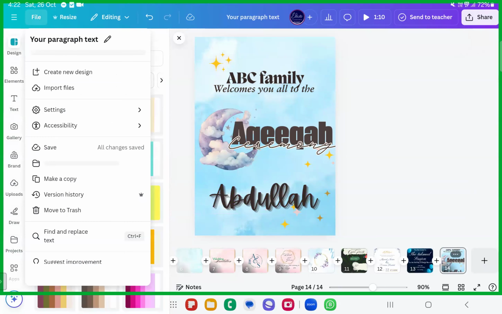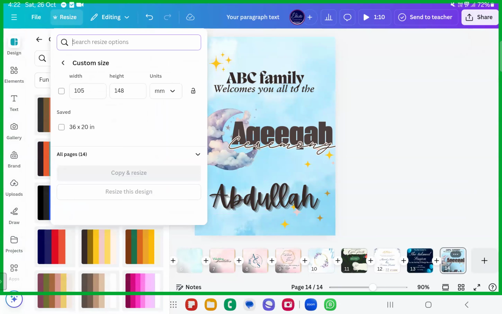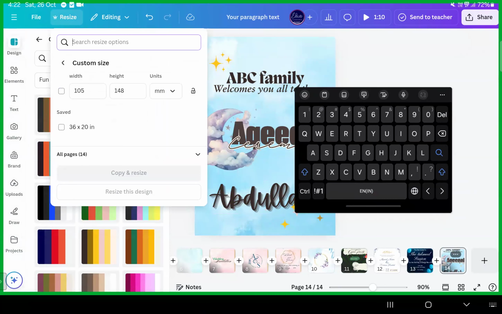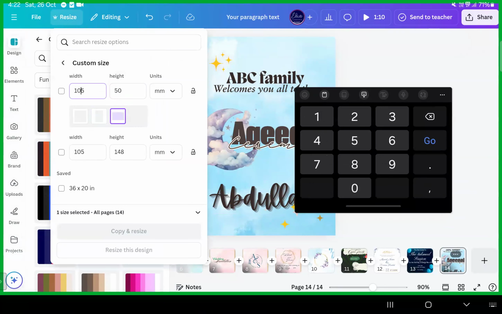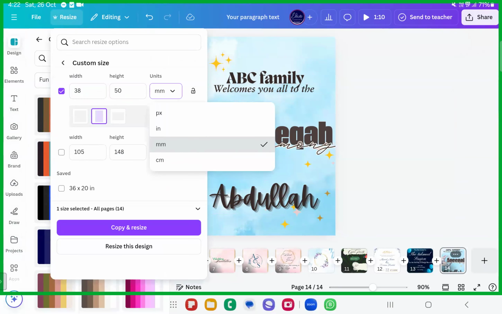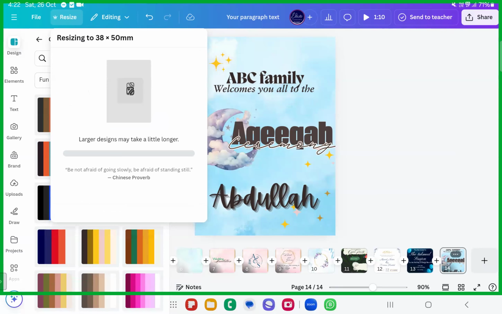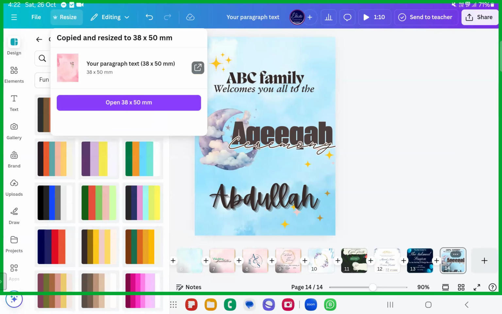How to convert it? You just have to make sure that you're resizing it to the custom size. Now the client will tell you what the size is. For example, height is 50, and the width would be around 30. Okay, it's not 30 mm, it is inches. If they tell you, you just have to copy and resize it. That's all. This will be resized into this design of 38/50 inches. Fine. So in this way, it will be resized within seconds. So this is all up to you.